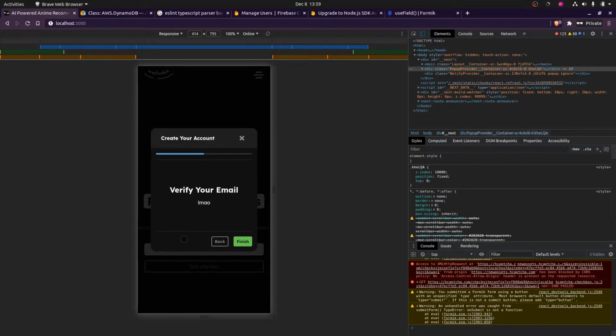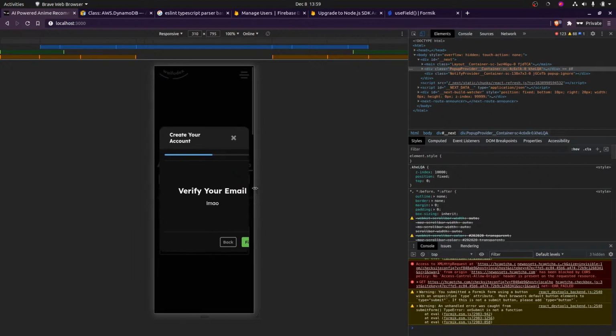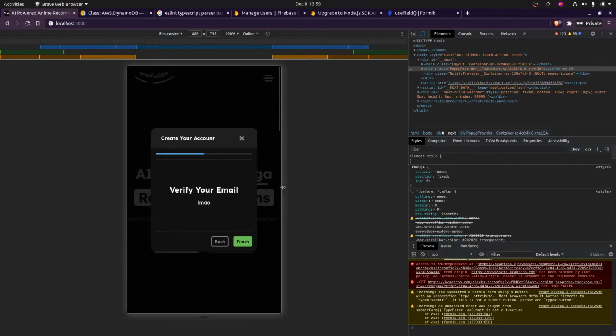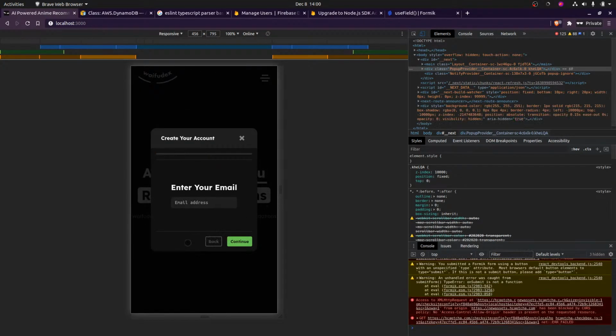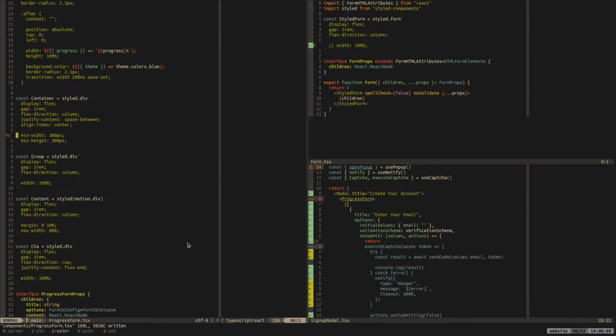I want it to stay a consistent size, so that's why I force a consistent size, but then that means that it doesn't really scale well like this, basically. And that's like not good. I think it can scale.